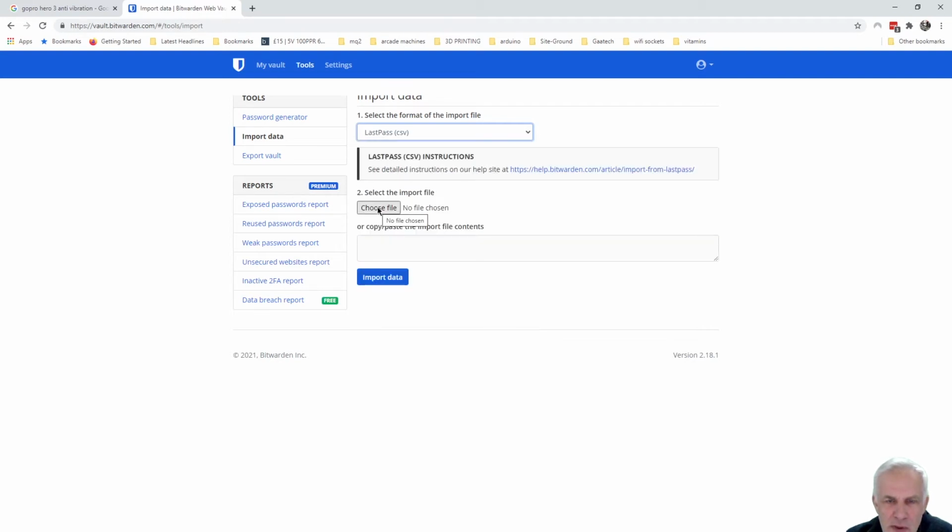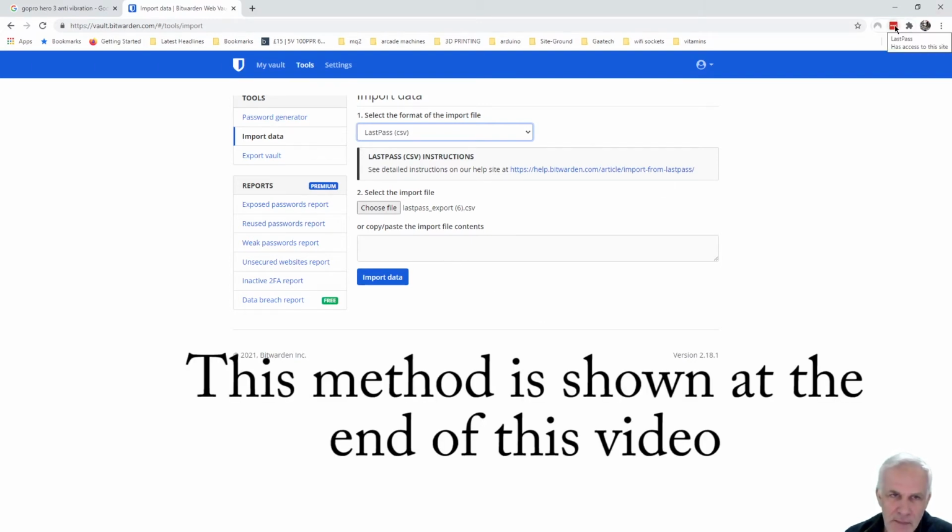Choose the file that you downloaded earlier. So you can either drag it up and it will appear here. Now I'm not going to do import data because it will duplicate my data. So the other way, if you haven't used the icon up here to do it, and you've actually gone through the